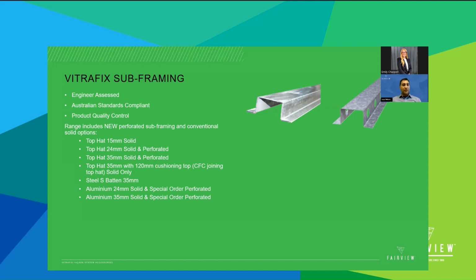The overall offer starts with the Vitrafix subframing with engineering assessed profiles, compliance with Australian standard, and product quality control. The range includes perforated and conventional solid profiles in order to accommodate different cladding zone depths depending on the requirements. It's important to know that the minimum depth in the cavity zone is very important. There will be some guidance from the next National Construction Code issue that we are expecting later this year. However, 25 millimeters up to 35 millimeters are usually the optimal depth for a cavity to allow ventilation and drainage